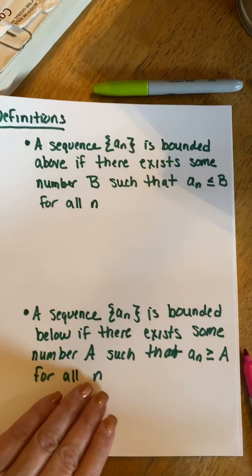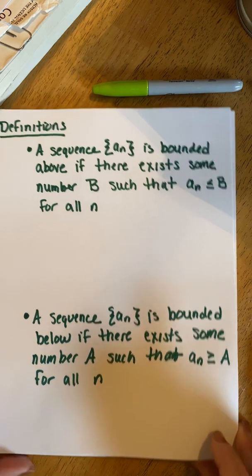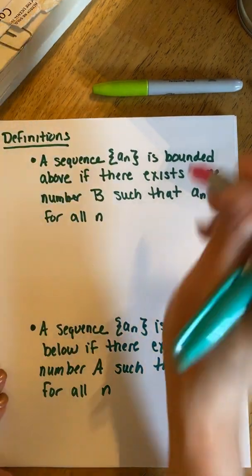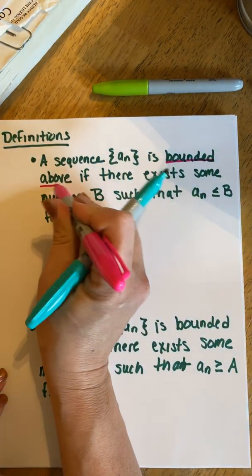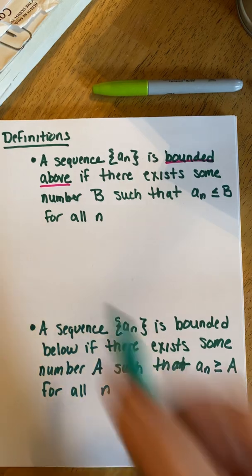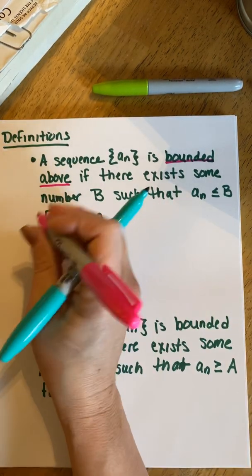A sequence is called bounded above, and again, most of this will become more useful as we need it a little bit later in chapter 11. A sequence is called bounded above if simply there's some number, any number, such that all these sequence elements fall below that number. So for example,